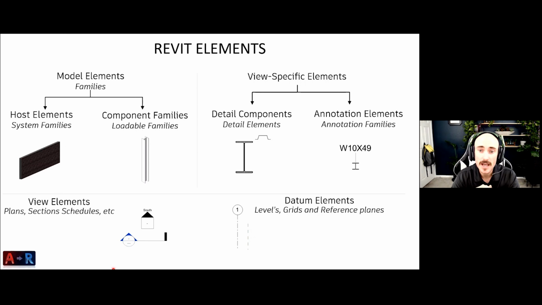Next is view-specific elements, which are detail components or detail elements, which kind of resonates with us in the AutoCAD world. It resembles almost a detail block, right? We have these blocks that we can bring in. Same thing in Revit. We have these 2D detail components that we can bring into our 3D design environment that are specific to the view that they're placed in. We've been talking about parametric families, like this component family. If I place it and the height of it encapsulates a specific view, I will be able to see it. But a detail component can only be represented in the specific view that it is placed.